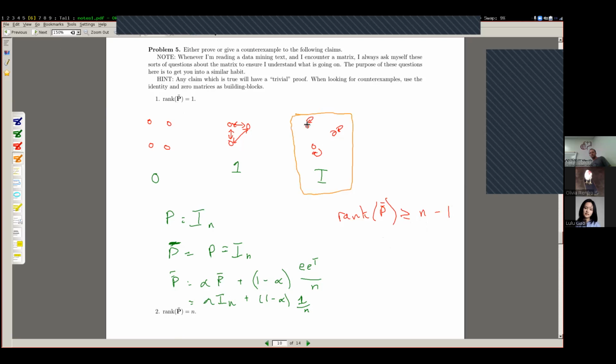I'll circle it just so that we know that's the counterexample. These ones over here are not counterexamples. Any questions about why that's a counterexample? A lot of questions? Okay. So, how do you create alpha I plus 1 minus